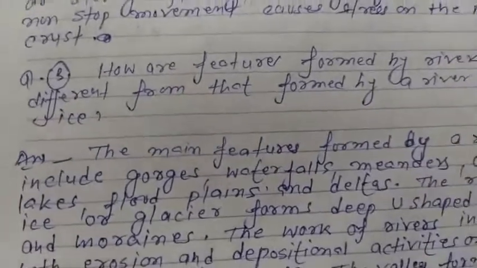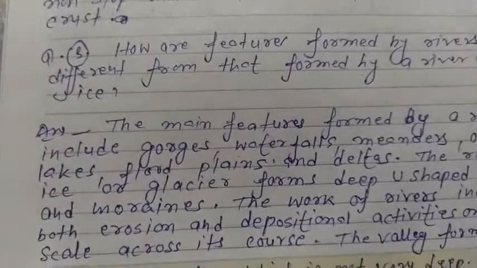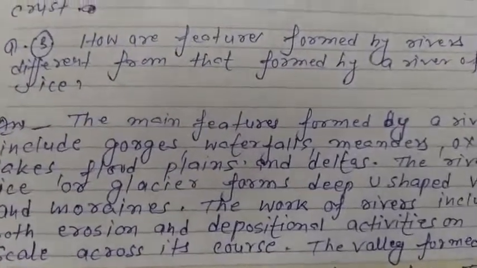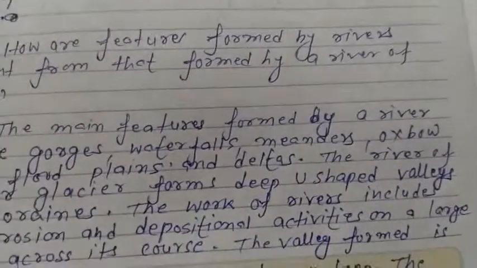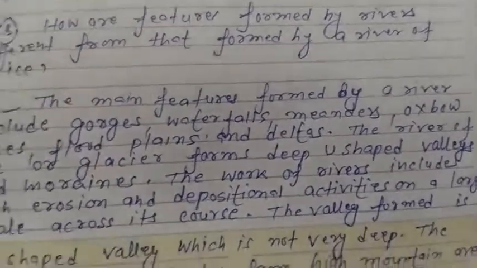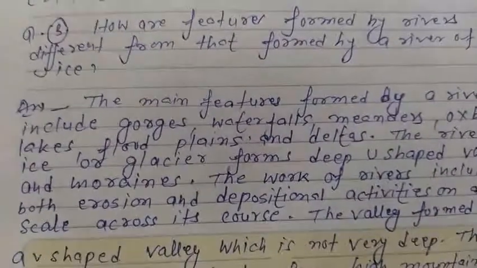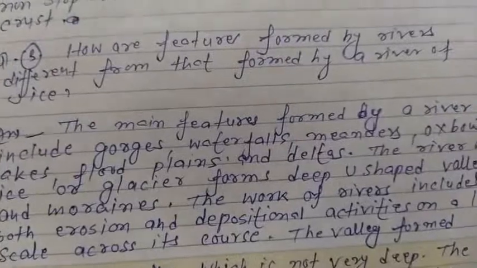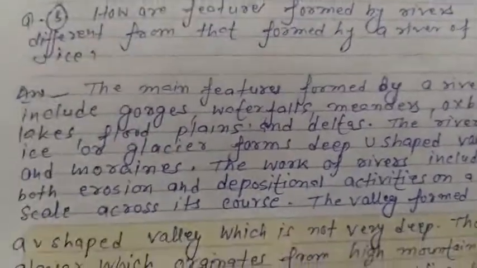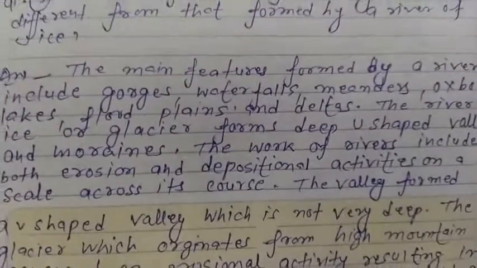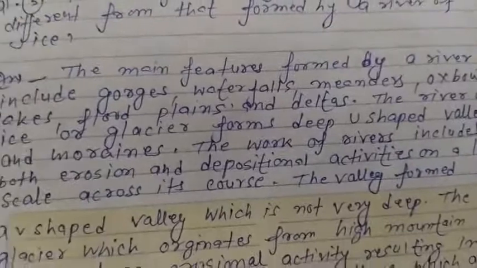The main features formed by rivers include gorges, waterfalls, meanders, ox-bow lakes, floodplains and deltas. The river of ice, or glacier, forms deep U-shaped valleys and